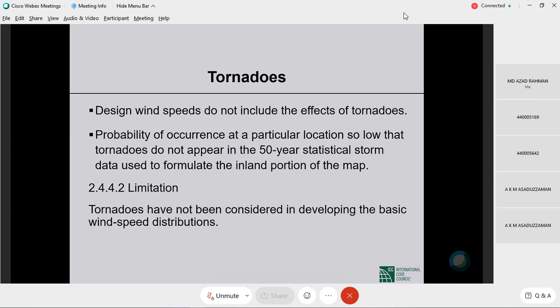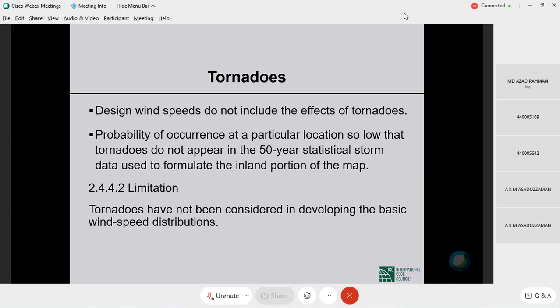So probability of occurrence at a particular location, because they are so localized in time and space, the probability of the occurrence of a tornado at a particular location is so low that tornadoes simply do not appear in the 50-year statistical storm data used to formulate the inland portion of the map. So the 50-year